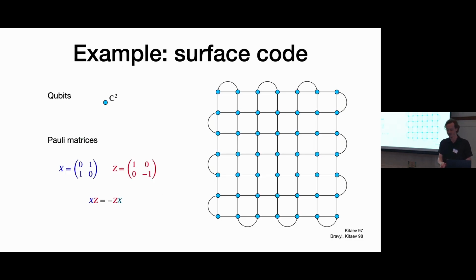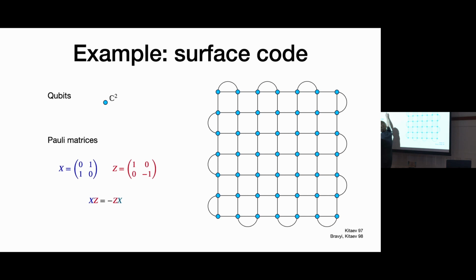OK, and I'm going to do an example, which is the example that we will use in this talk, which is the surface code. Another reason I think this is a really good talk for Kuji is because it features both the surface code and the Ising model, which are the bread and butter at Kuji. So let me introduce the surface code first.